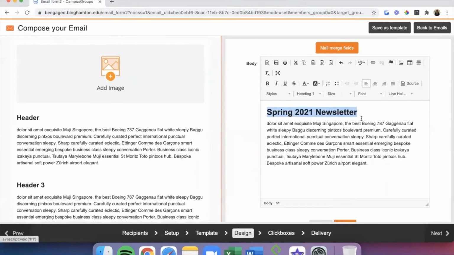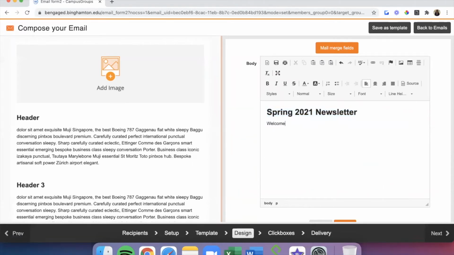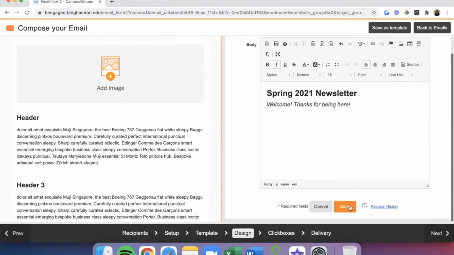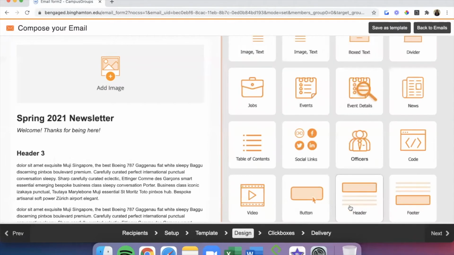different headings, different styles, and more. After you finish typing and editing your text for that section of the template, click the orange Save button at the bottom of the right-hand side. You can repeat this for as many text sections that you have in your template.